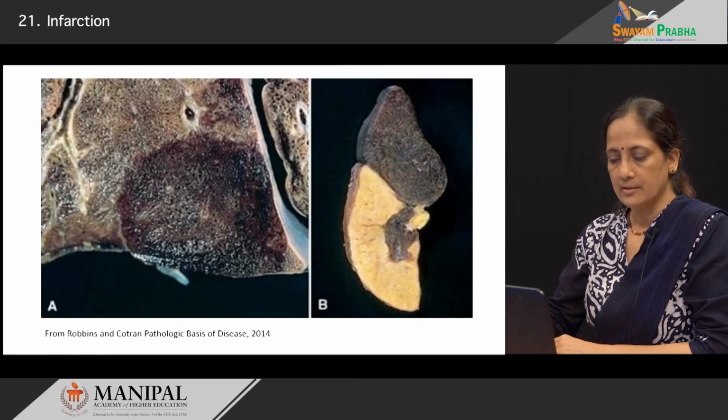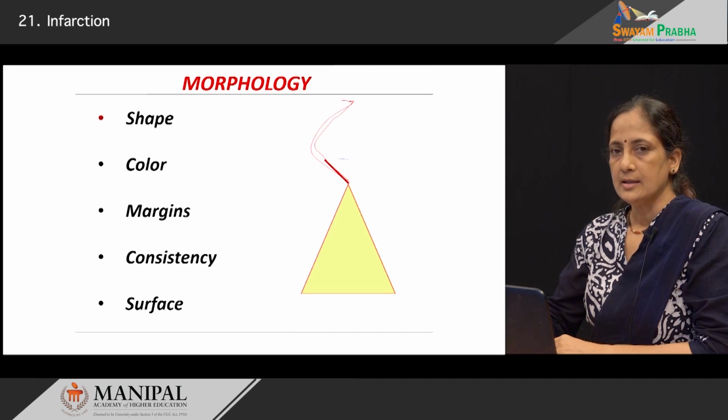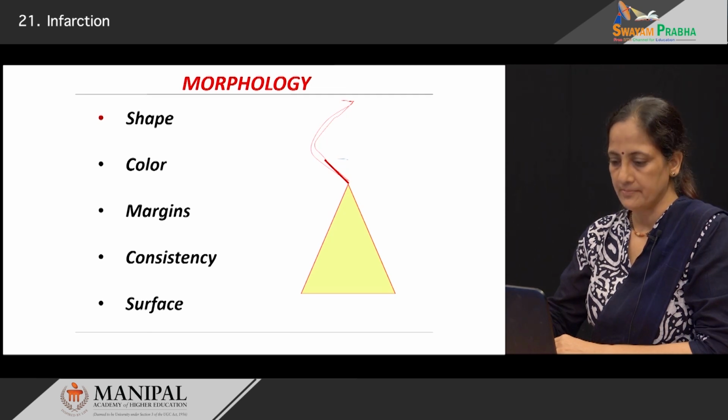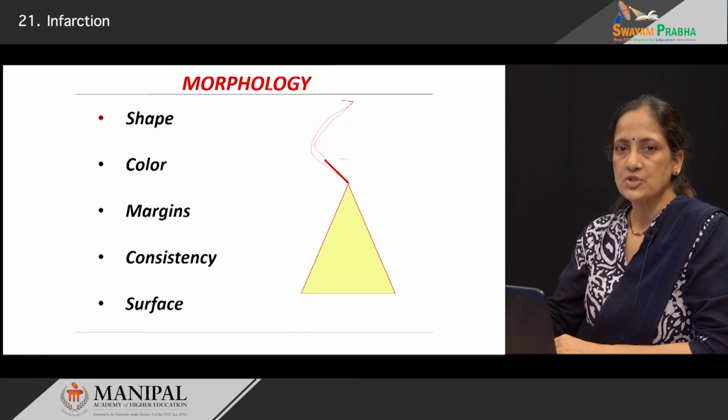So, when we look at the gross morphology of infarcts, we describe it by shape, usually wedge-shaped, and by color, is it pale, white or red and hemorrhagic. As an infarct develops, after about 1 to 2 days, the viable tissue at the periphery sets up an inflammatory response. Thus, after 48 hours, this infarcted area becomes well delineated by a red margin of inflammation, a sharp demarcation or a sharp margin. With the necrosis that forms, the tissue becomes softer.